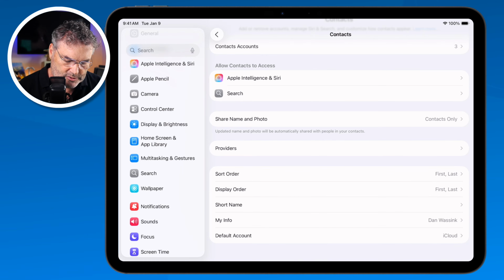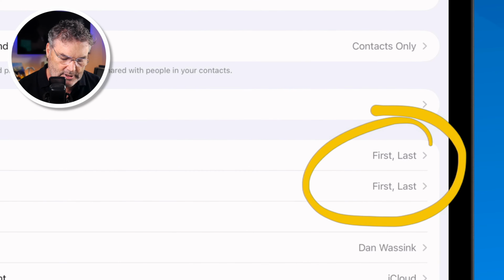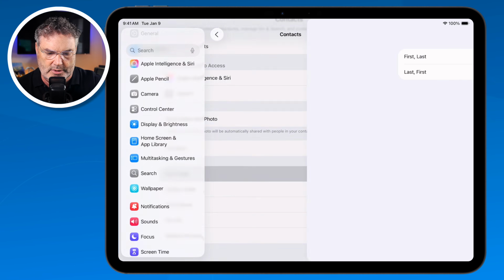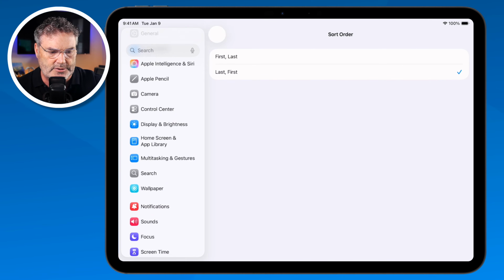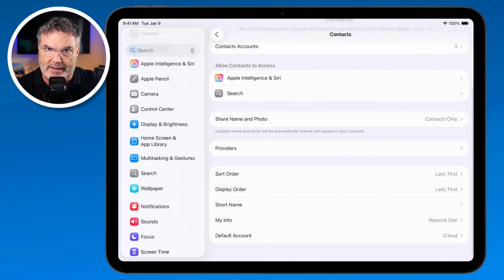So let's flip this around. Right now you're going to see it set for first and last for the sort order, and it's set for first and last for the display. We're going to flip that around. So I tap on each one of these, and I go last first, and we're going to go last first. Some people like to have it sorted this way. I'm not a big fan of this, but if you do,